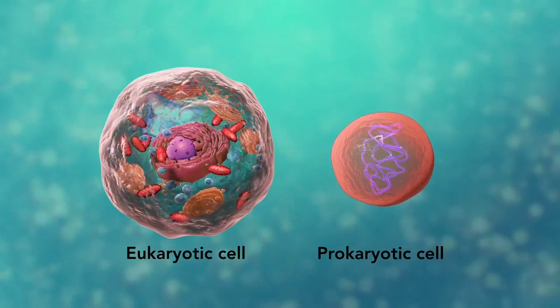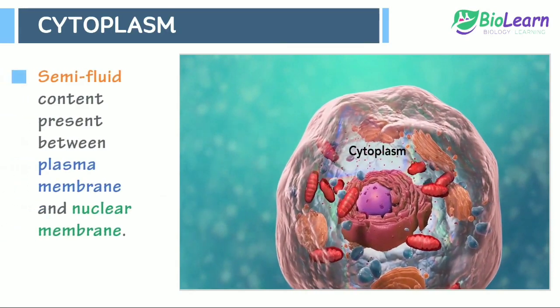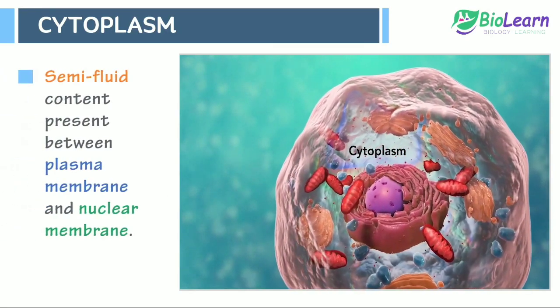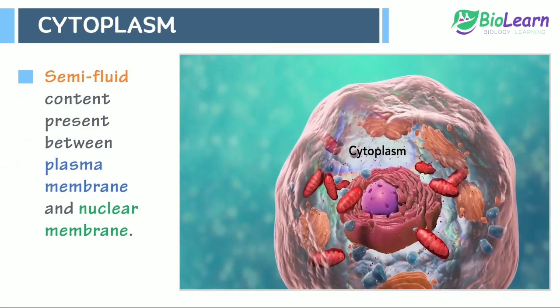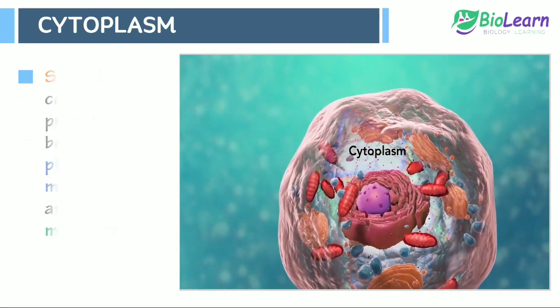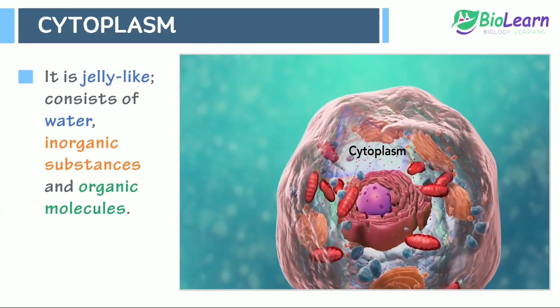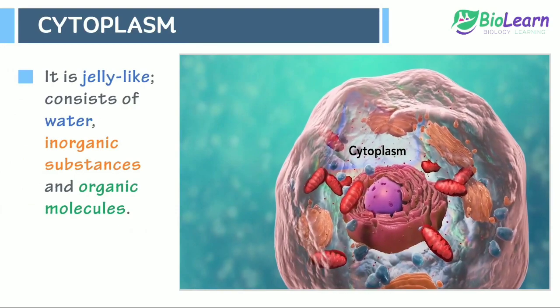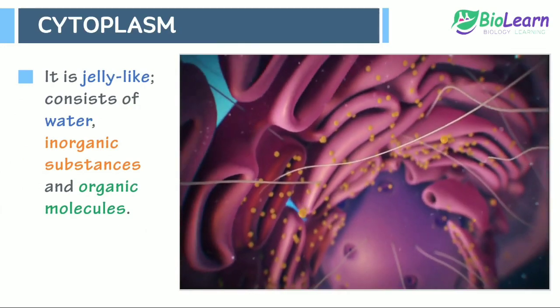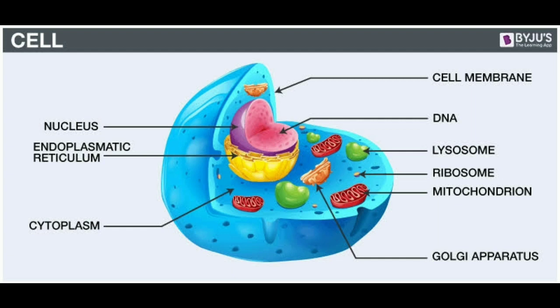And next we have another important part, that is the cytoplasm. The cytoplasm is a fluid filled area between the nuclear envelope and the plasma membrane. It contains many specialized cell organelles, and each organelle performs a specific function for the cell. So this is about the important parts of the cell, that are the plasma membrane or cell membrane, then what else? The cell wall present in plants, then the nucleus and cytoplasm.